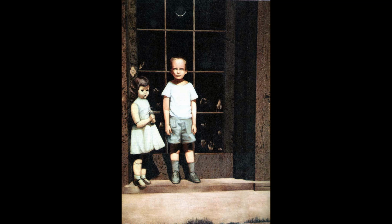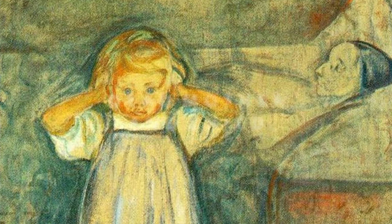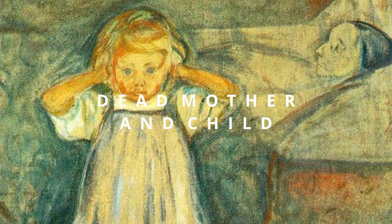Overall good composition, but that bit of grass in the bottom of the painting is making me nuts. I would have cropped that out. A tier. Okay, so we got a 2-for-1 on this next one because I'm not sure which one of the